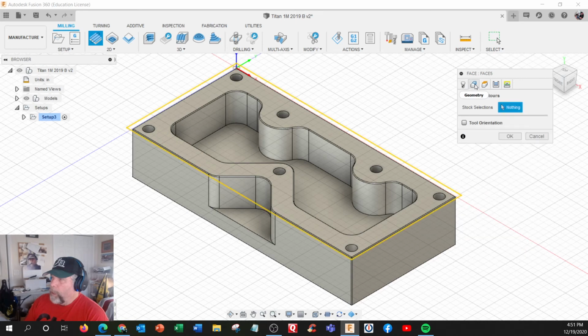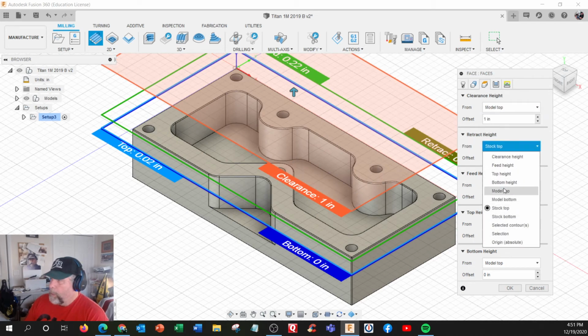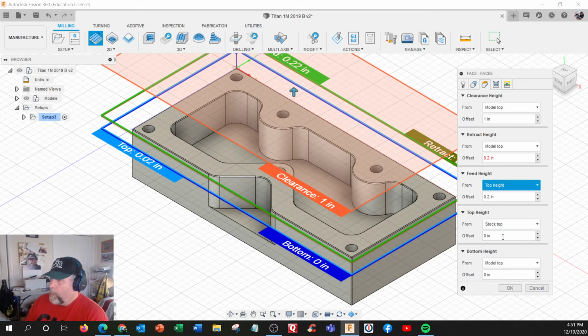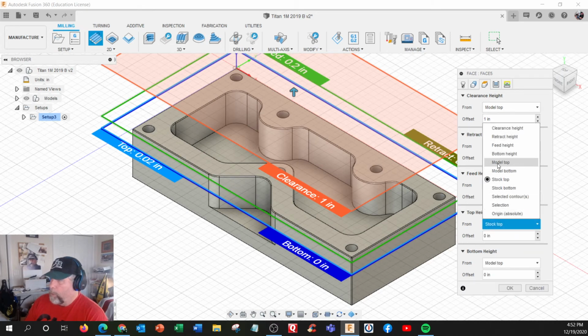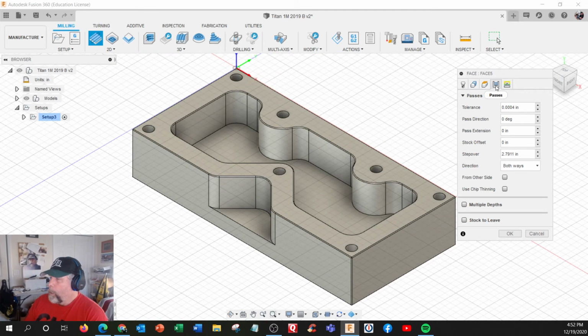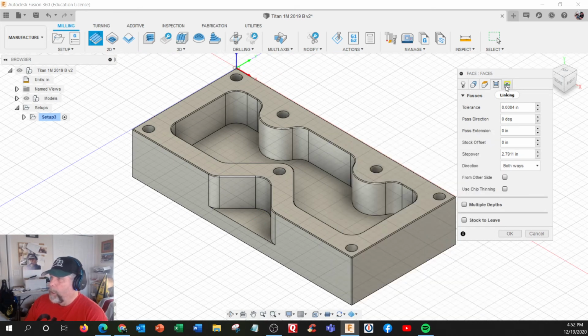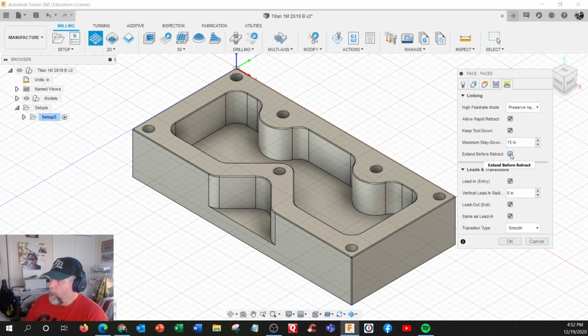And then we'll just do the other operations like stock. It identifies the stock because we measured it correctly. We're going to use model top for all the heights. All right, and if anything appears red, that means this might be an issue. The bottom height will be the top surface. On this one, we'll do both ways, even though it only needs 1 cut. And I always like putting on extend before retract. I hit OK,